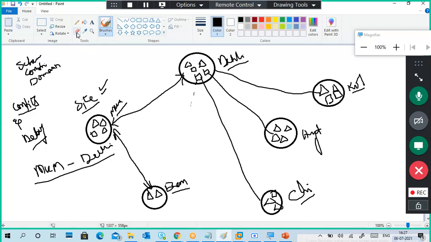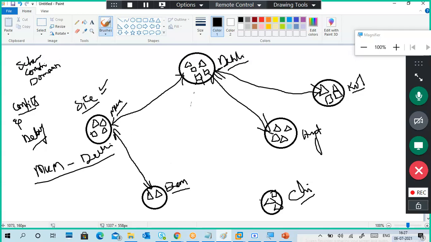Next, first of all, I will remove this part also. Next, we have to choose which is the nearest one. So Delhi to Hyderabad or Mumbai to Hyderabad, or Delhi to Kolkata or Mumbai to Kolkata, like that.